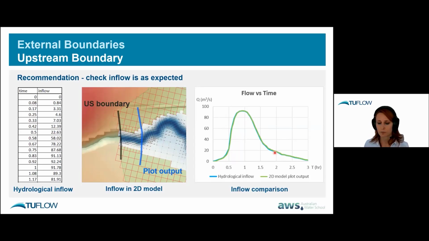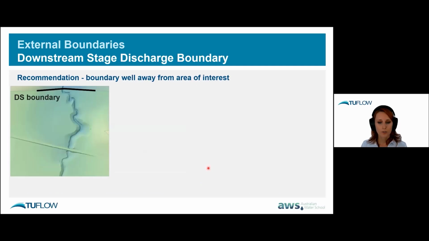If you have, for example, by mistake entered a flow that is for 1 in 50 year event instead of 1 in 100 event, then you would get the flow a bit lower and you would know immediately that something is wrong. If you have set up the boundary incorrectly or the time step is set up too large, you might get an unstable boundary, which would look similar to the plot here. That was all about upstream boundaries.